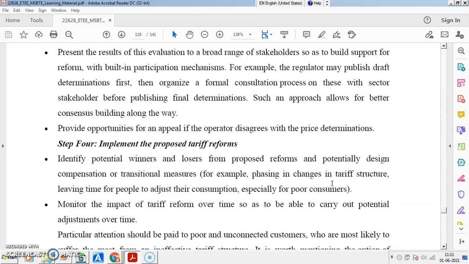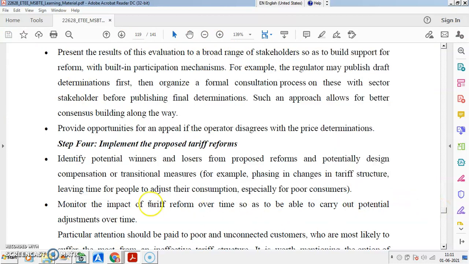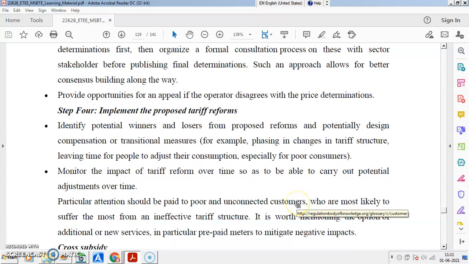So there are many objections they may raise. You should be able to answer all those objections, and you have to show how this tariff design is perfect, how it is implemented, and by implementing it what will be the net effect, how the consumer will also get satisfied, and all this. So being a management or administrative part, you have to look after this, right? Are you with me?